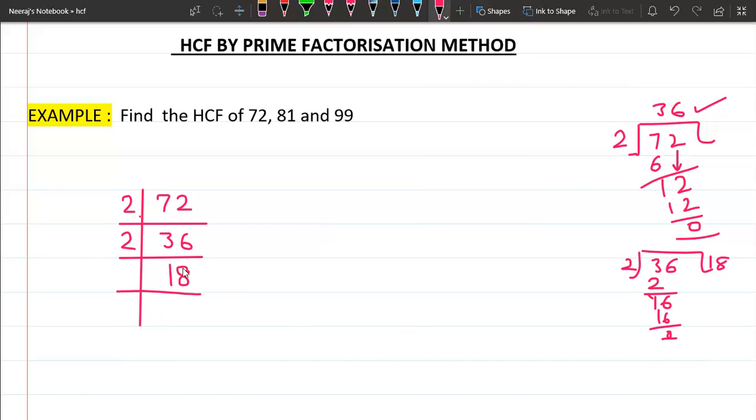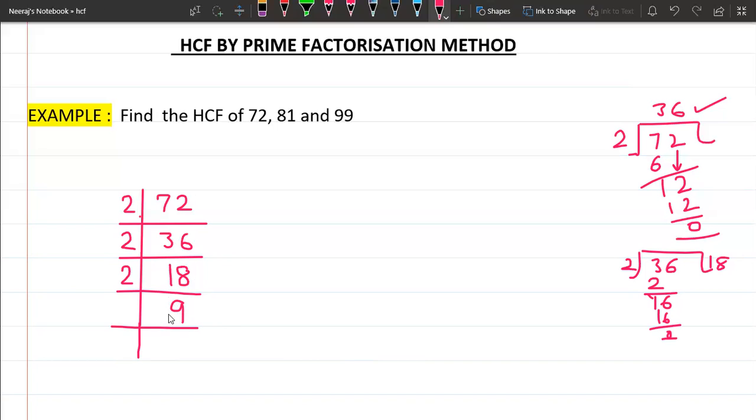After it, again we need to check that 18 is divisible by 2. We cannot start the next prime if it is going by 2; you have to continue. Then again we will divide 18 by 2. Yes, it is completely going and giving the remainder 0. So 2 nines are 18. After it, we cannot divide 9 by 2 because it's an odd number and 2 is an even number.